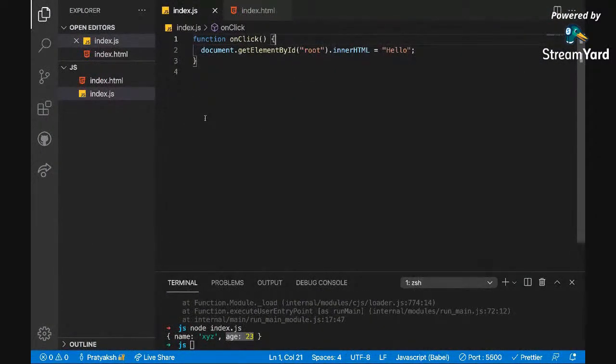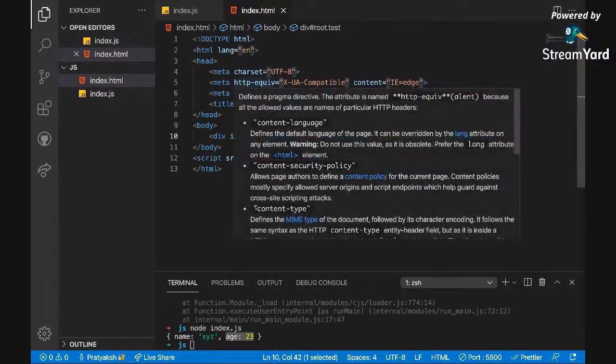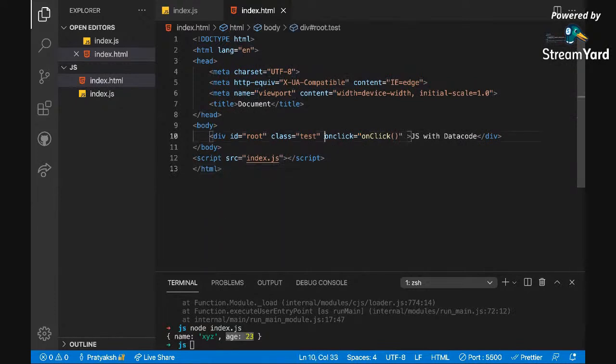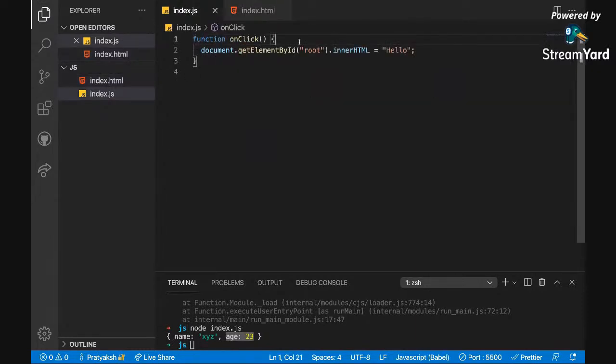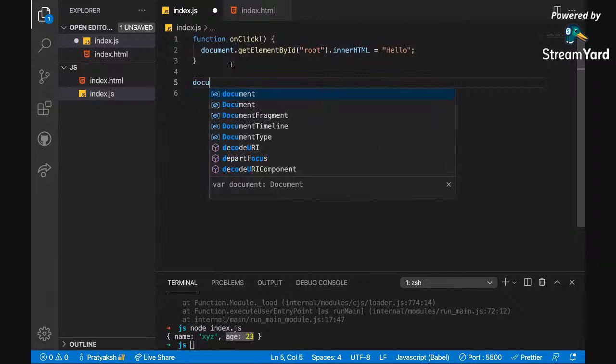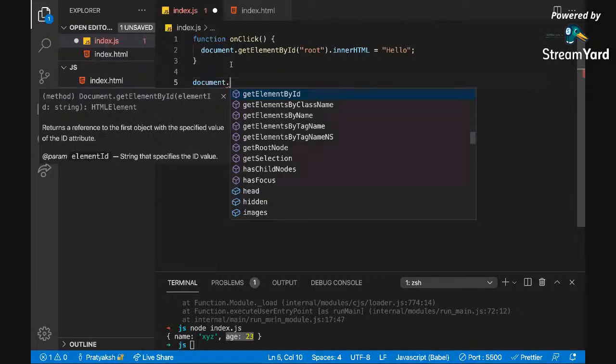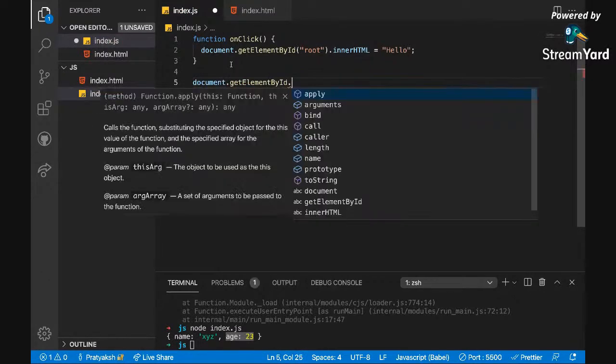Okay, so similarly we can add an event listener also. Let's say I didn't add onclick over here, but I want to have onclick functionality on this element which has id root. So I can just go and say document dot getElementById dot add